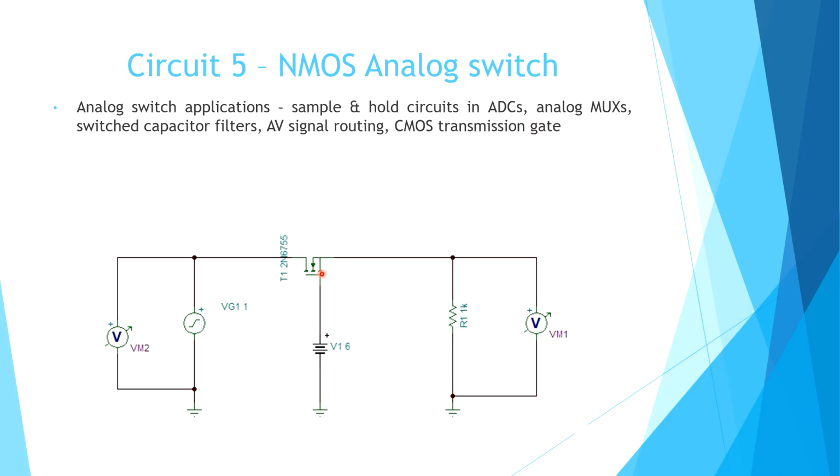So here there will be many transistors at the input side, and we can select any one of them. We turn on any one of the transistors, and that will be connected to one output. Like that we can route many channels to one channel. That is a mux operation. Okay, and next is switched capacitor filters, where